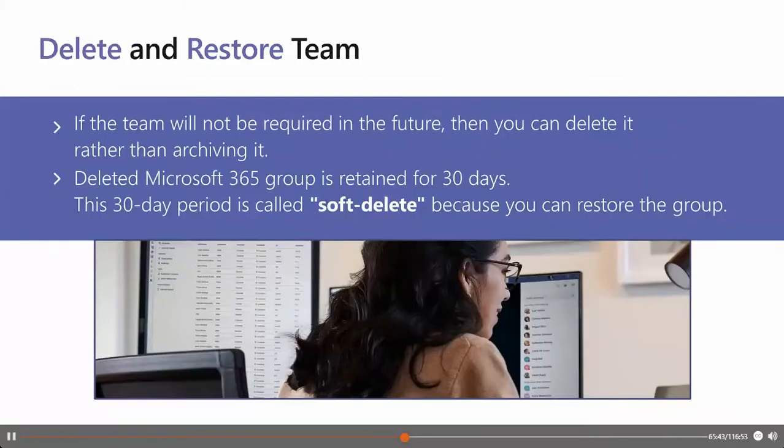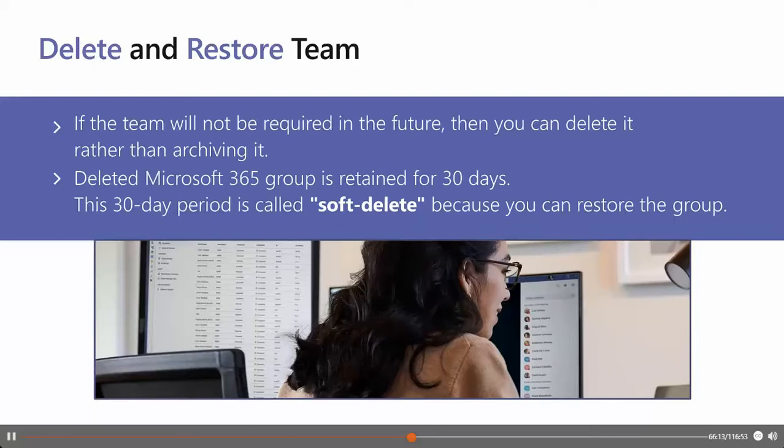If you delete a team, it's done as a soft delete of the team and its corresponding Microsoft 365 group. So you can obviously restore the Microsoft 365 group, and it's retained for up to 30 days. If the team will not be required in the future, you really should take care of cleaning up your teams.